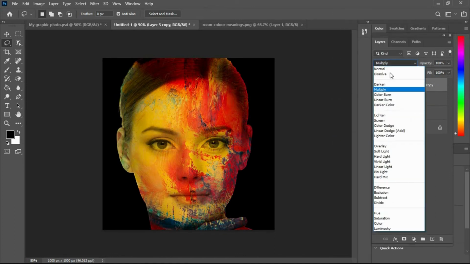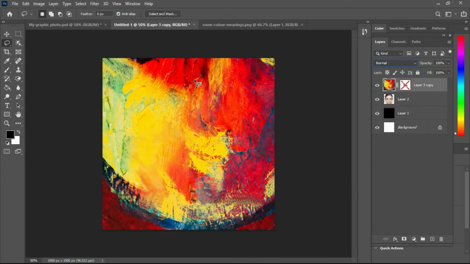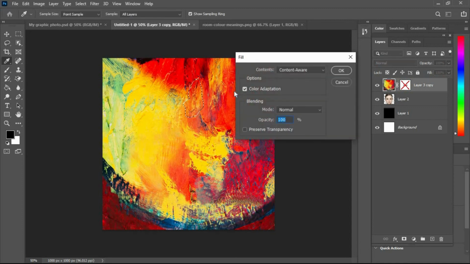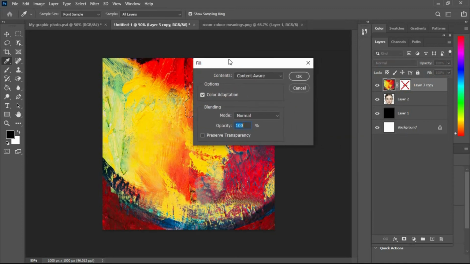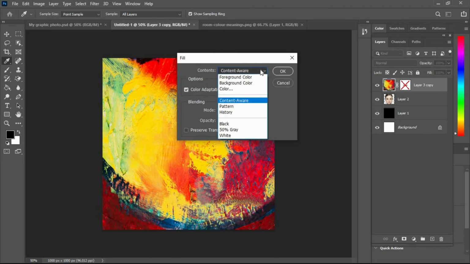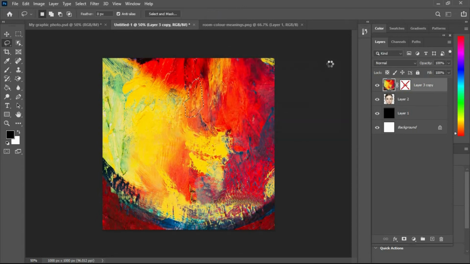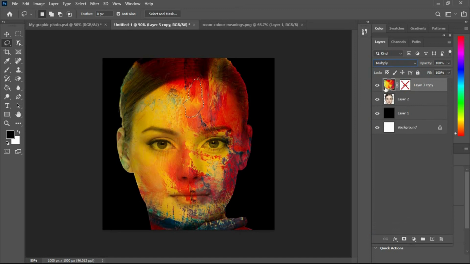Now make a rough sketch around this fill. Okay, this will be selected. Then press Shift Backspace or Shift Delete on your keyboard. This will open a fill dialog. Here you choose content aware. Okay, now press OK. You can see here it automatically removes this cracked area. Press Ctrl D to deselect.